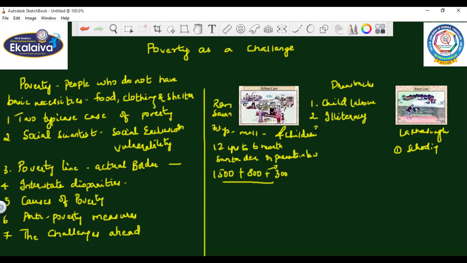Now, thirdly, unemployment. If Laka Singh was having his own field, he would really have enjoyed a very good life, but it is not there. The same thing over here. That is, Ram Saran was not a person who was getting a job throughout the year. Any time he might be removed from his job. And of course, Laka Singh is said to have seasonal unemployment. So when the season is there, he is employed for sowing and harvesting. When the season is not there, he has to find another job.